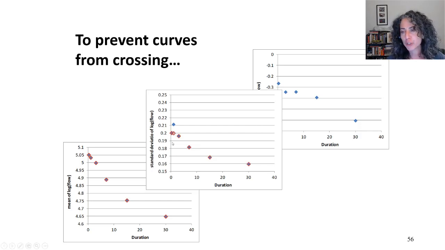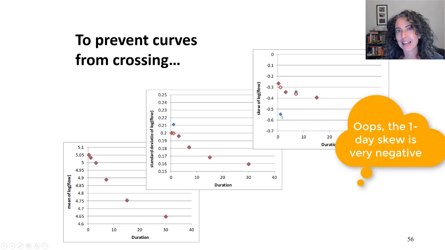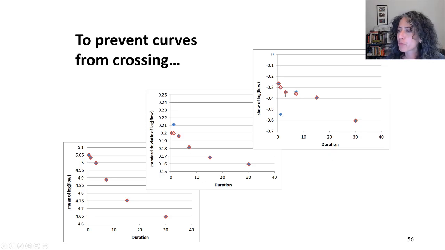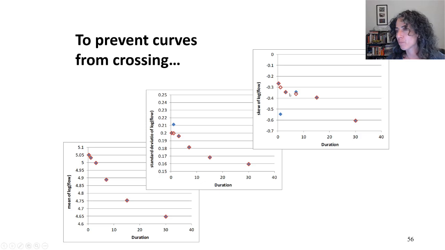For standard deviation, we have this 1-day flow having a higher standard deviation than the others, and we're just going to bring that value down. So the original values were the blue diamonds, and I'm going to have this hollow red diamond as my replacement value, and it fits in with the others. What we were expecting with the skew coefficient was that the 3-day skew coefficient is quite negative, and we're going to move it up to be between the 1-day and 7-day. Nope, the 1-day and 3-day. And then over here, we've got the 7-day value. We're actually going to move it down a little bit just to make it more consistent in the set